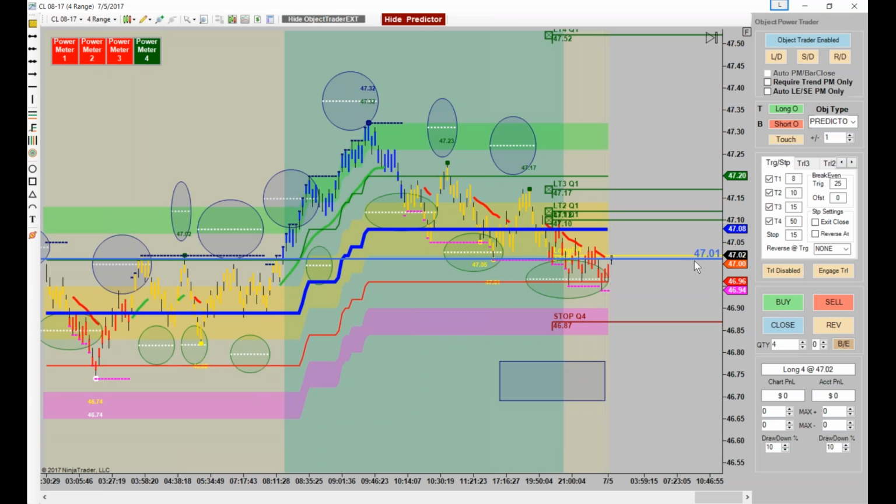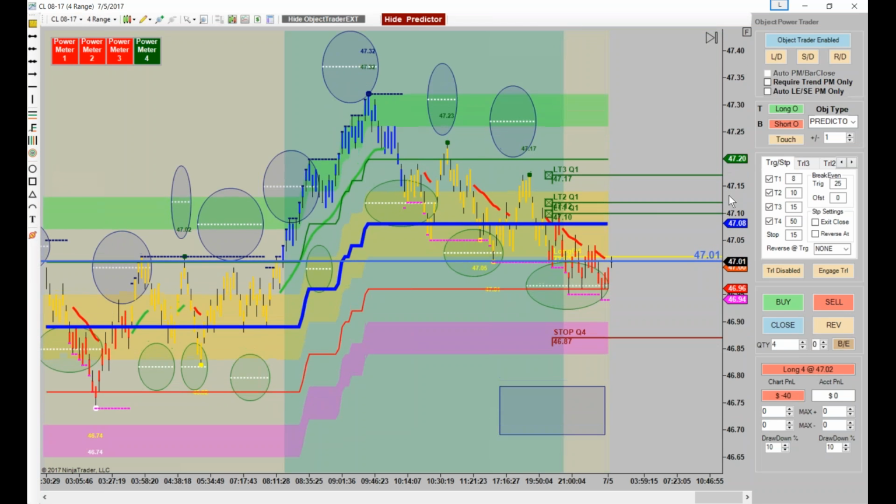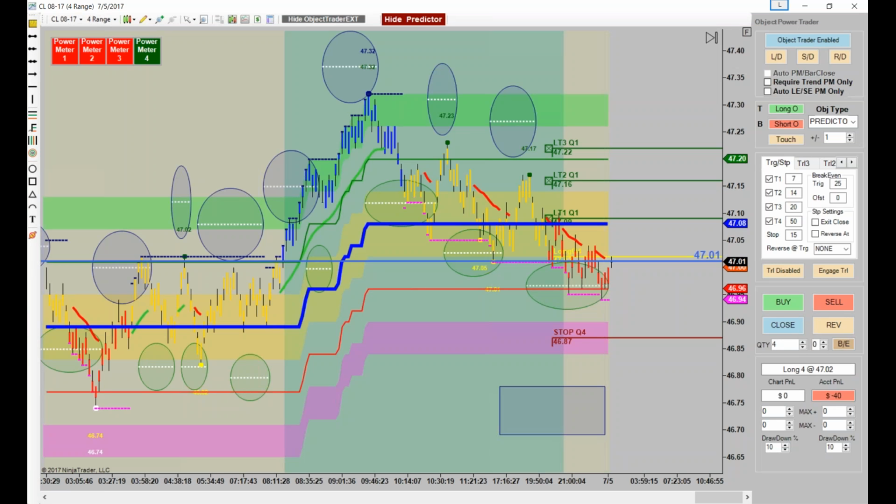Okay, now just like all of the object trader type trades, you can just simply move your targets wherever you want them. For instance, I see a nice swing across here, one across here, like so, and I'd probably do my trade something like that. Okay. Now, since we're not in